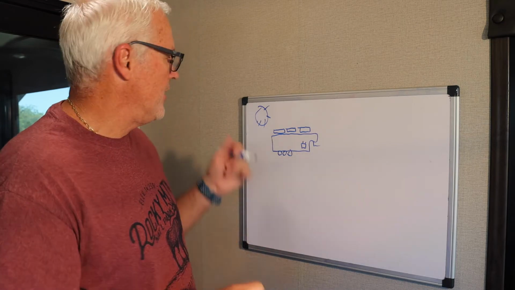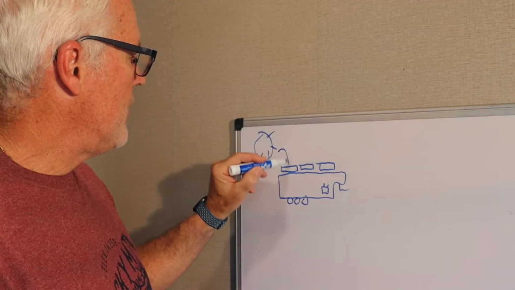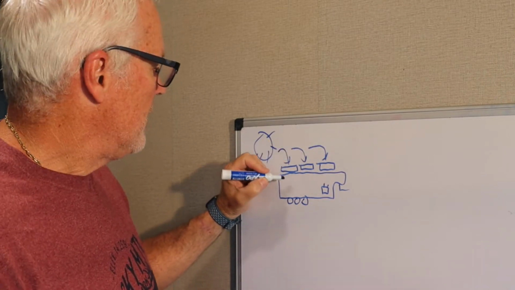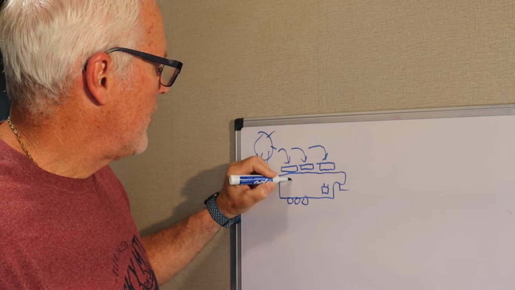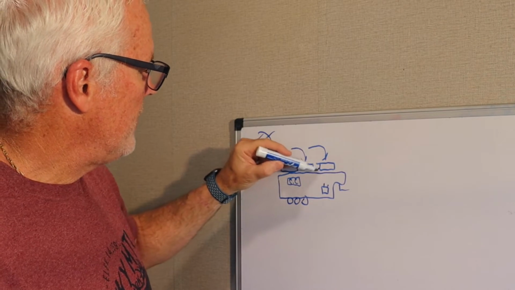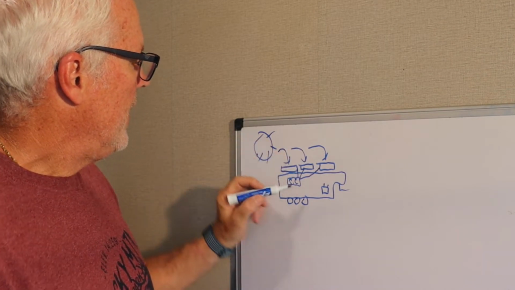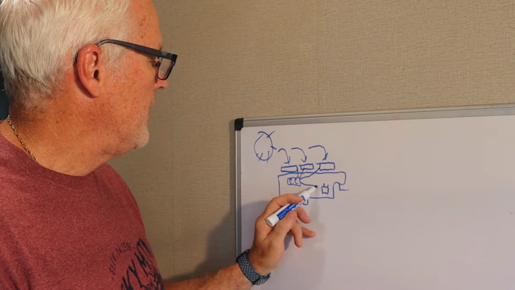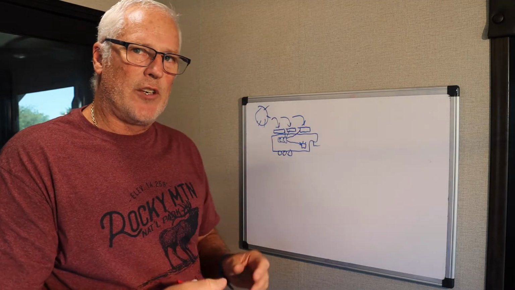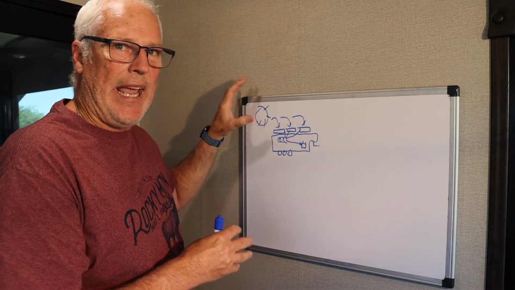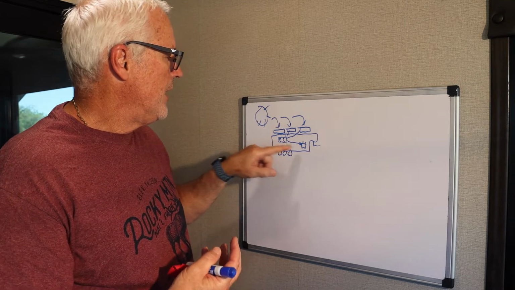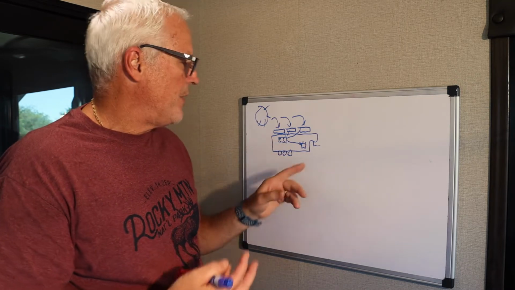Now what happens is solar panels take energy from the sun. They're going to come into this little small box in here called a charge controller. So all these panels will come into your charge controller, and then the charge controller is attached to your battery. And this is how your battery gets charged from solar panels. Solar panels take energy from the sun. They go through a little black box called a charge controller,